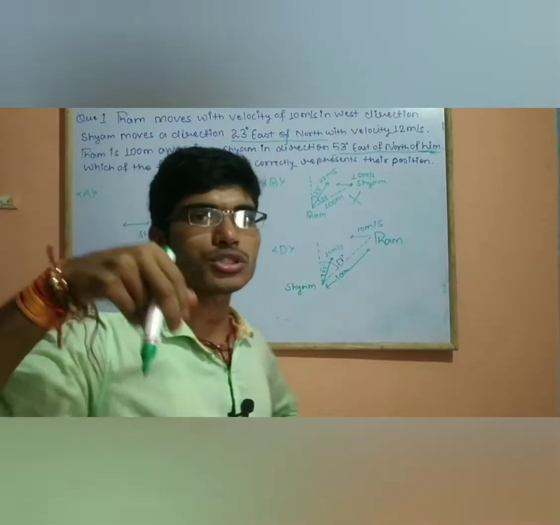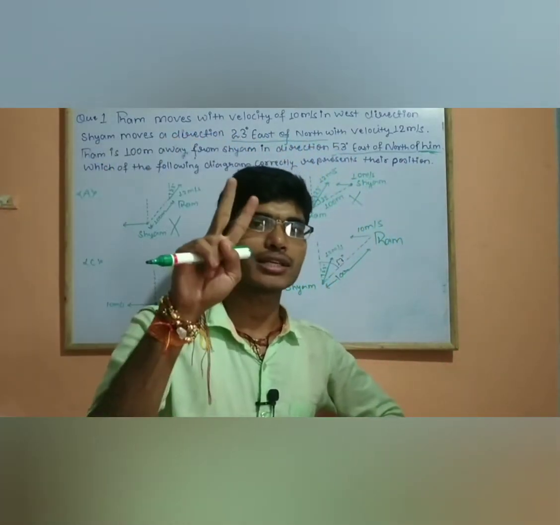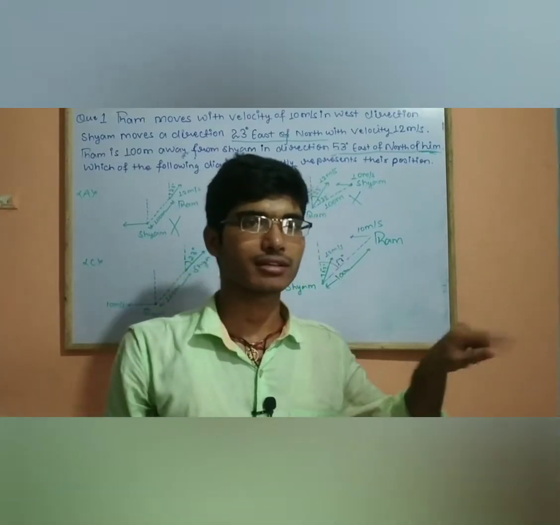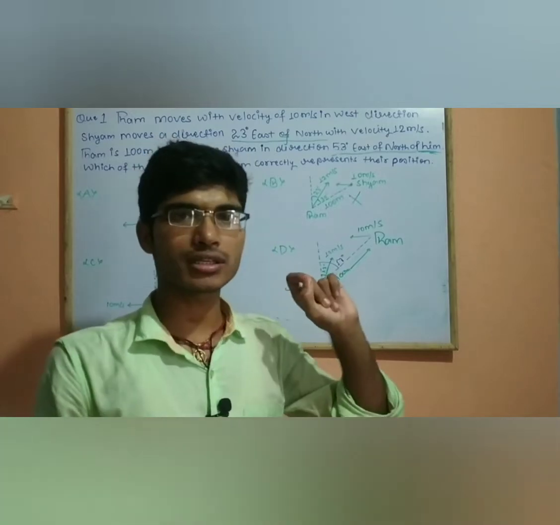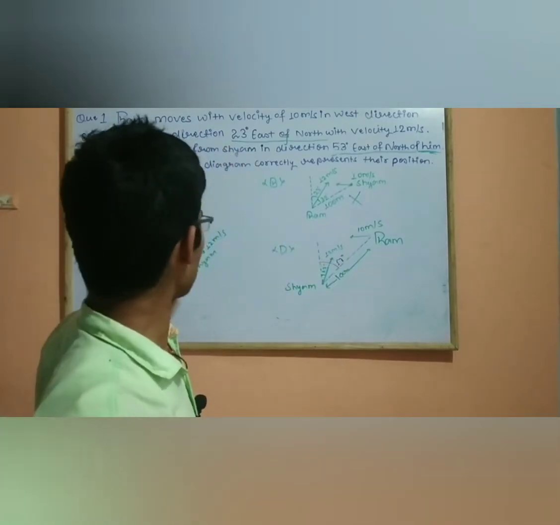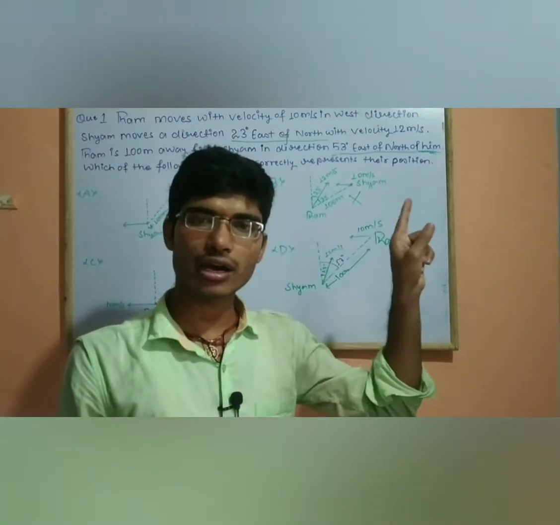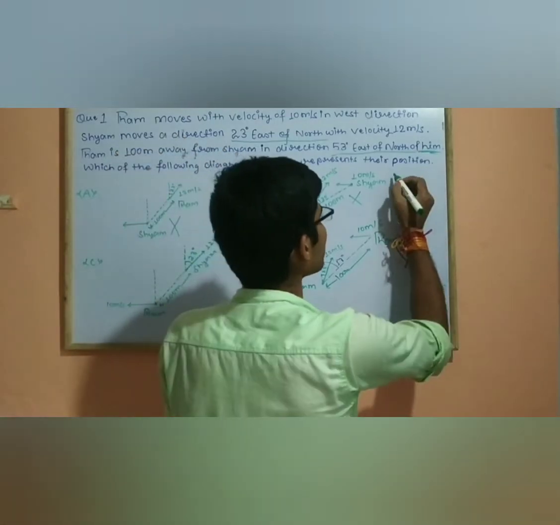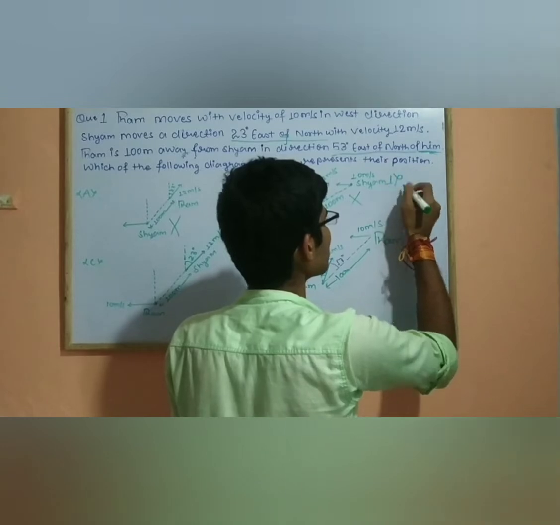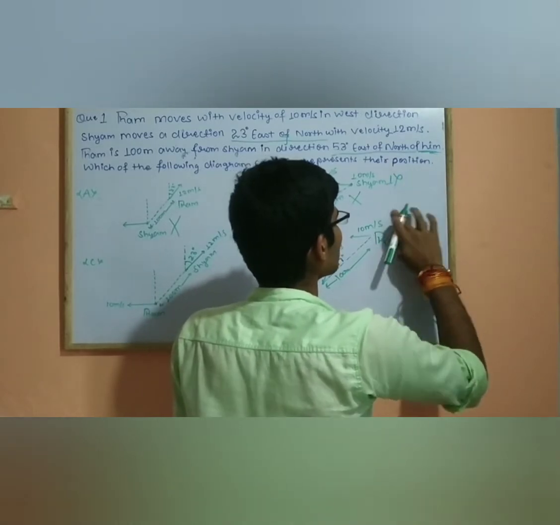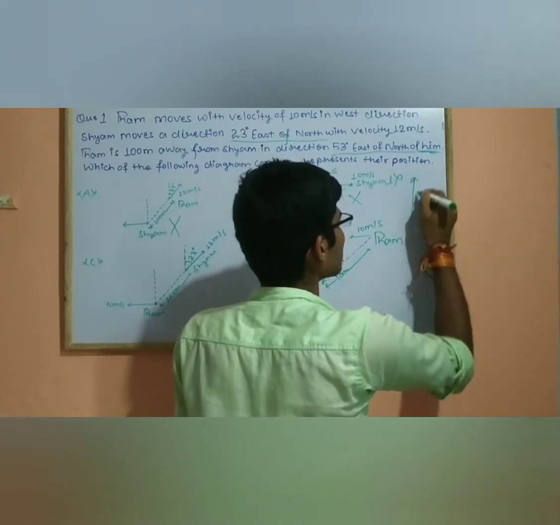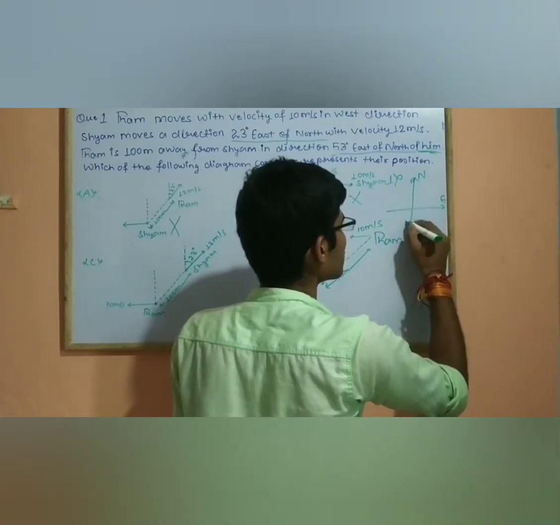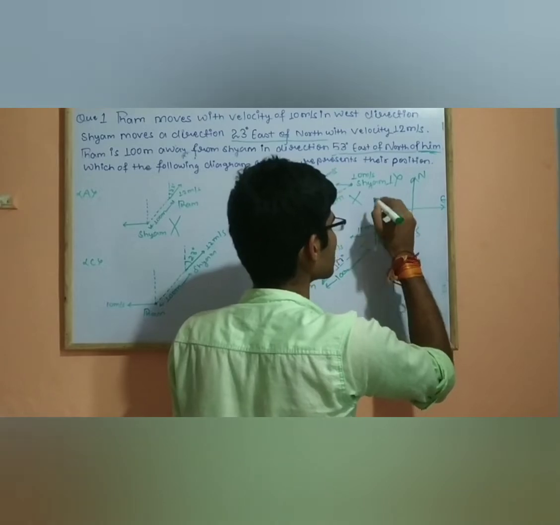To solve this question, we require two concepts. First concept is assumption of direction in a plane. Why do we need the assumption? Because all these four options are based on that assumption. So the first requirement is the assumption of direction, and we assume direction: this is north, this is east, this is south, and this is west.